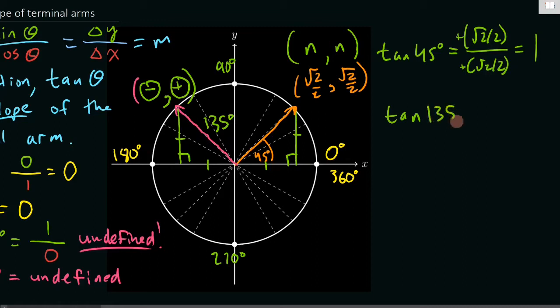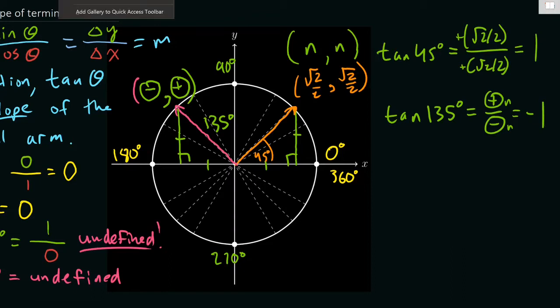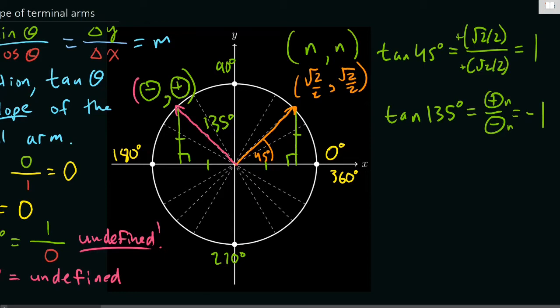So my tangent of 135 degrees is going to be positive in my sine value divided by negative my cosine value, and the exact same value, root 2 over 2. But all that I care about is the sign because I know it's the same, so that's going to be negative 1. We could do this even faster if you understand your concept of slope. So I know that my 45 degrees are going to be up and to the right or down and to the right,